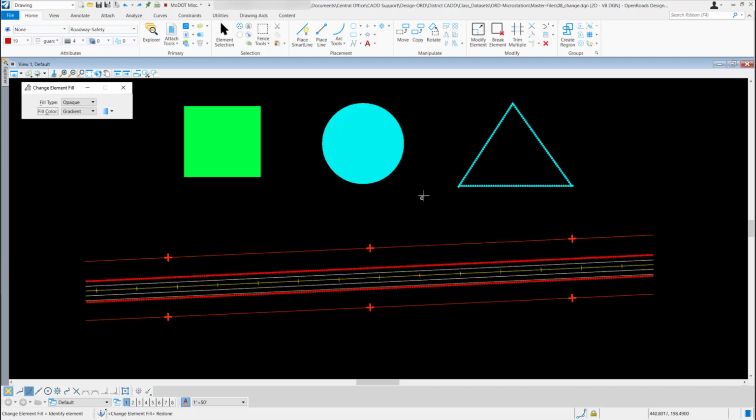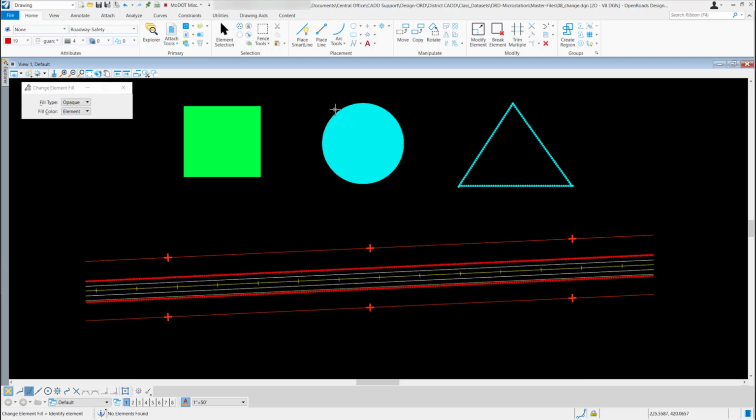Now I can just go out, left click, and identify on that item I want to create a gradient of. And I just selected this triangle out here to the right. I'm going to go ahead and do an undo. So that's how you'd create a gradient if you needed to. I'm just going to go ahead and switch my fill type back to element, and we'll move on to the